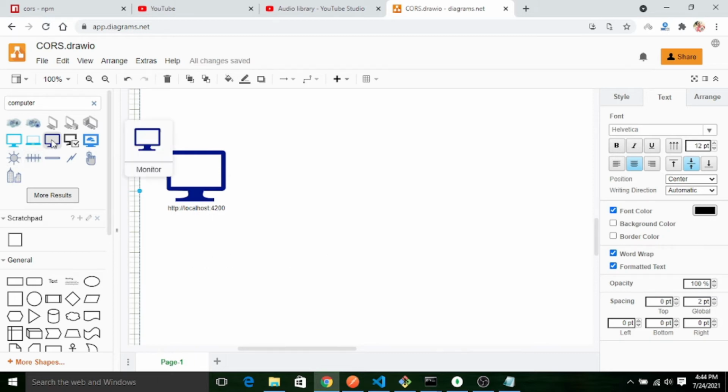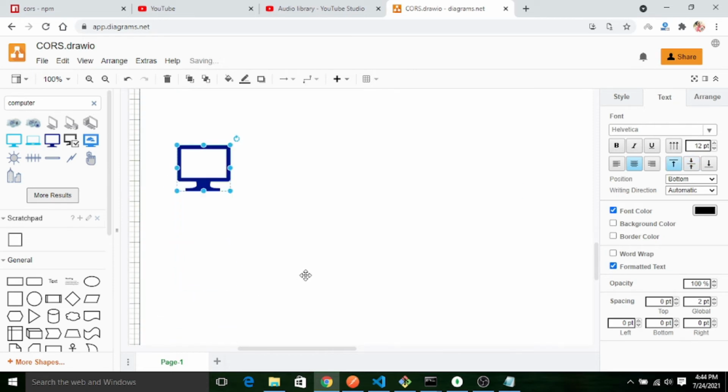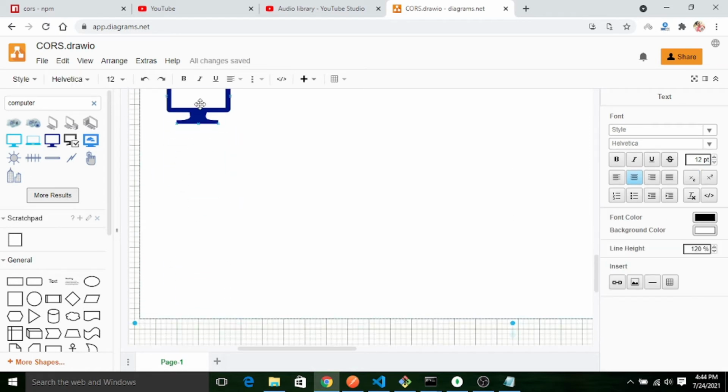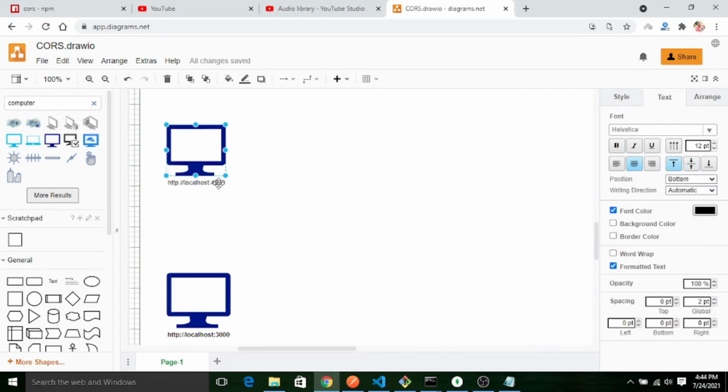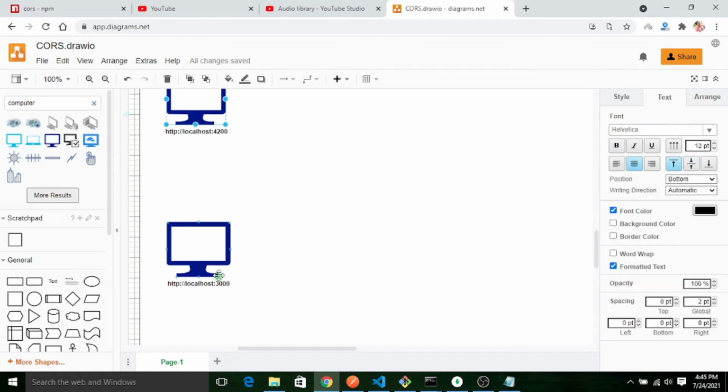Similarly, I'm taking one more domain, let's say 3000. So this is client 1, this is client 2. Both are using two different domains.